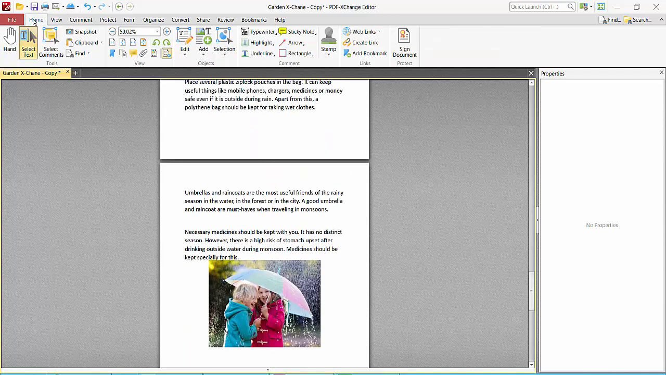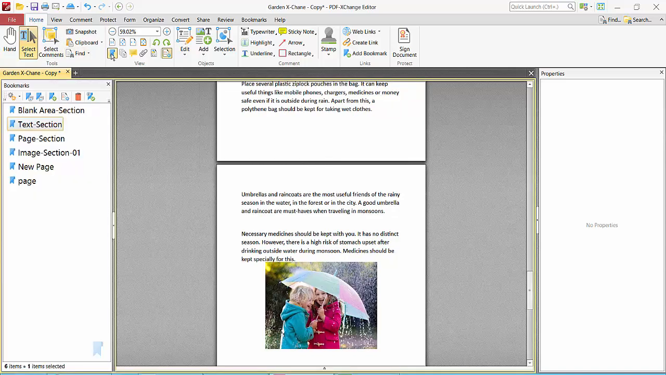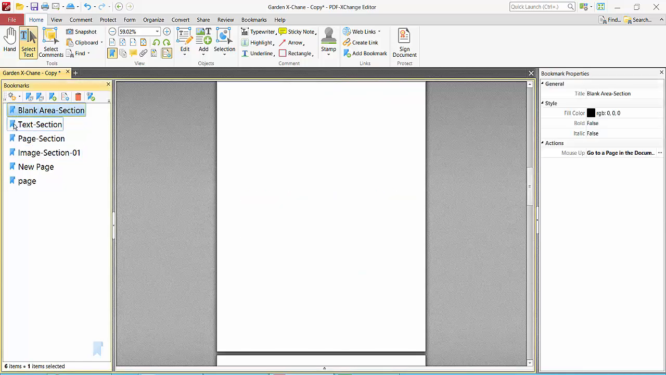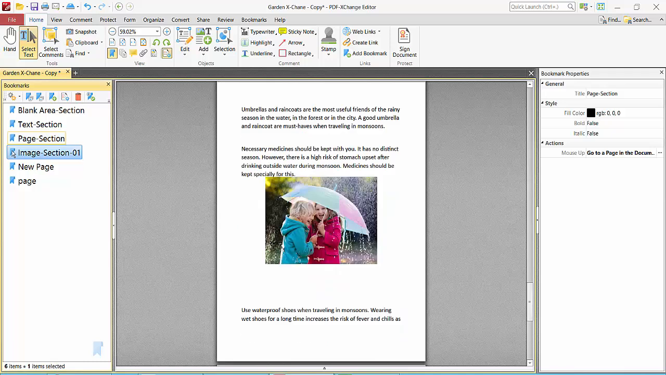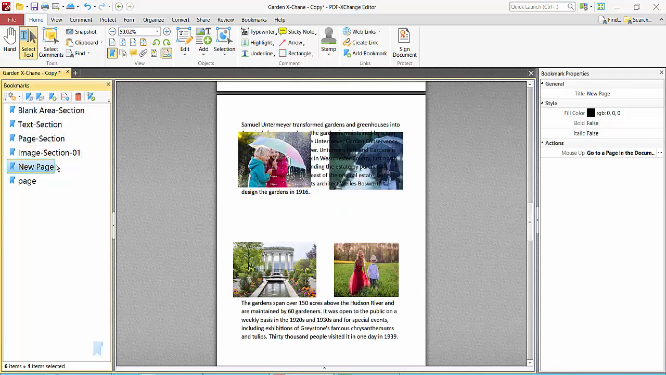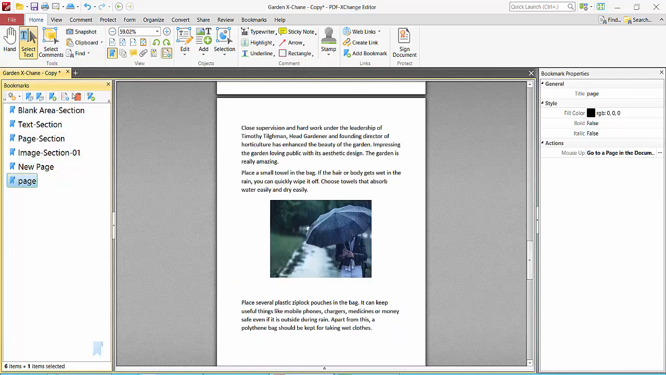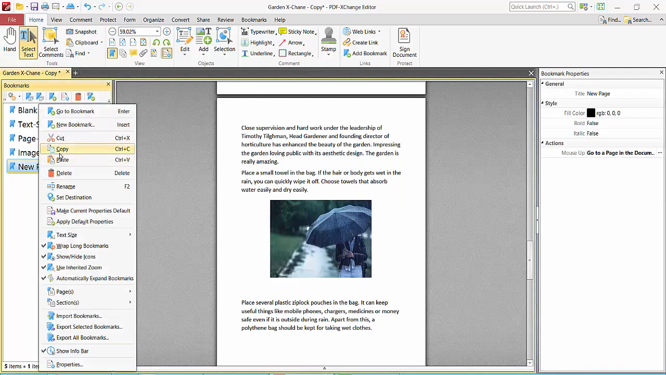Now select the Home option, and here you will find this bookmark option, and this is all of your bookmarks. This one, and this is a bookmark. You can delete your bookmark here. You can copy this bookmark, you can rename, reset your bookmark destination, and you can cut, you can add new